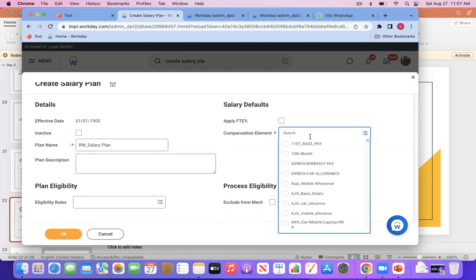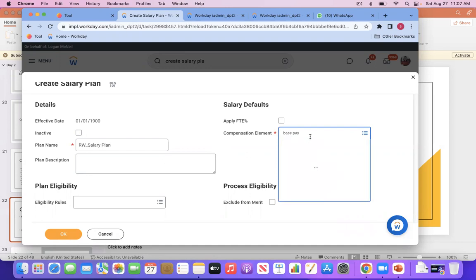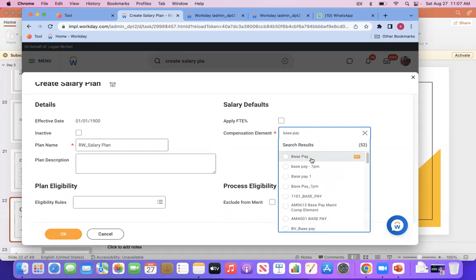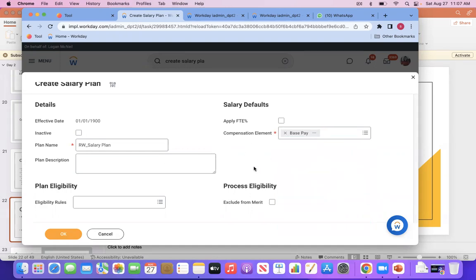Compensation element will be a base pay. So let's just keep base pay as a compensation element for this entire program. There's nothing much to do here. It's mostly on payroll. Now coming to eligibility rule, it's pretty much the same as eligibility rules that we had